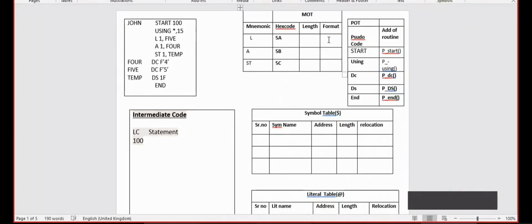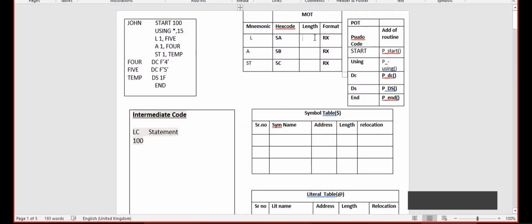Otherwise, we can say that the instruction format is RX. So here R is not present in the mnemonic. So for all mnemonics the instruction format is RX. So the length of the RX instruction format is 4 bytes. This is our MOT table.